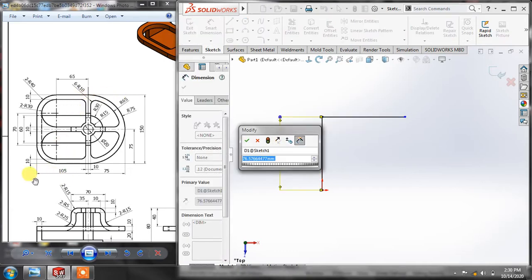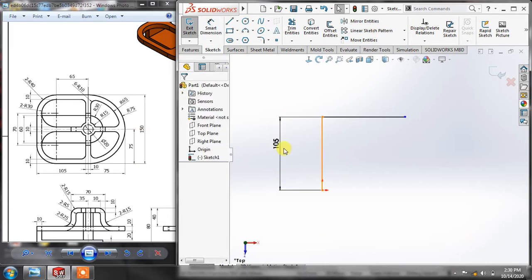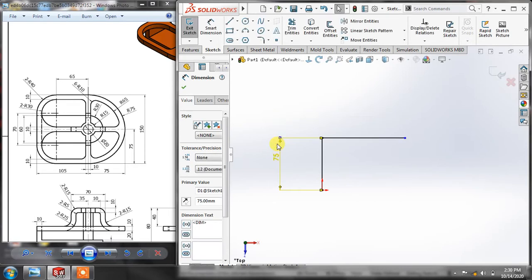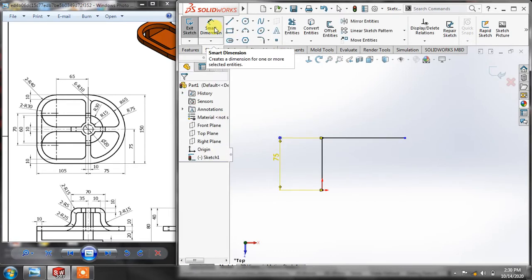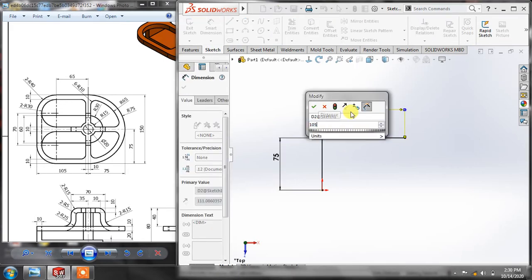So it is 105 mm in length, so I am assigning 105 mm in length. And sorry, it is the height. Height is 150, so it should be 150 divided by 2, because we are taking half. And again, select smart dimension and choose this top horizontal line, and it is going to be 105 mm